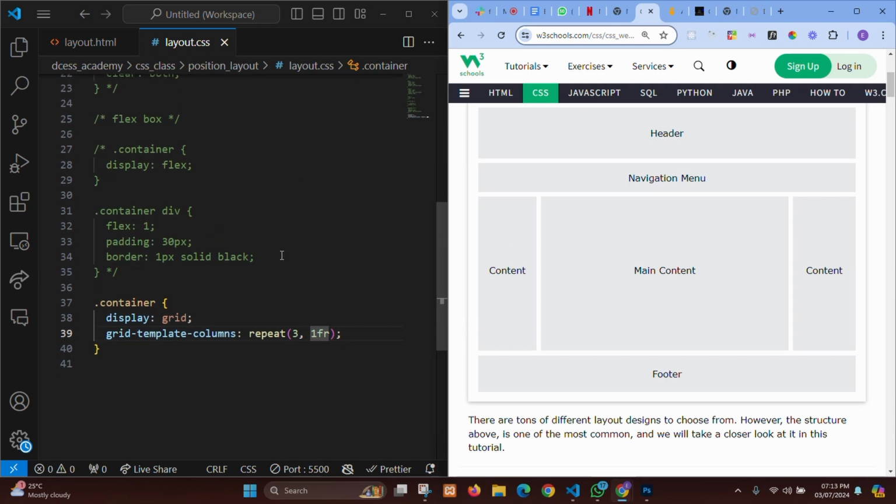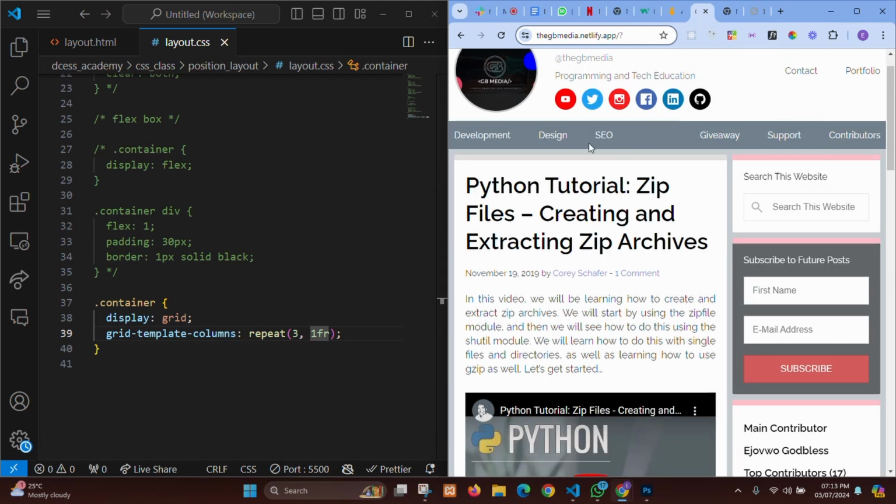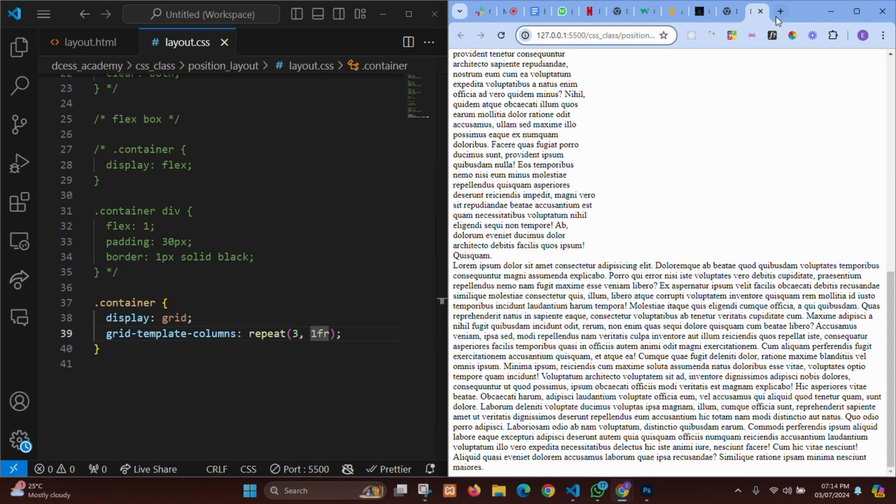But what I like doing is that if I want to do my nav bar, I'll use flex, right? But if I need product listing, I'll use grid. So for this nav bar, for instance, look at this navigation bar over here. This gray area was done using flex. But if I want to do grid, it's when I will use it for something like, let me say I'm going to